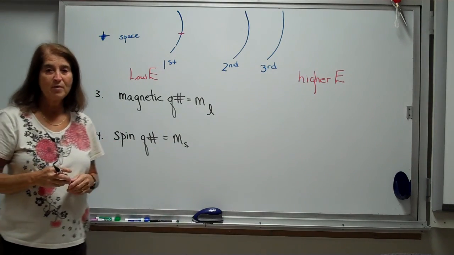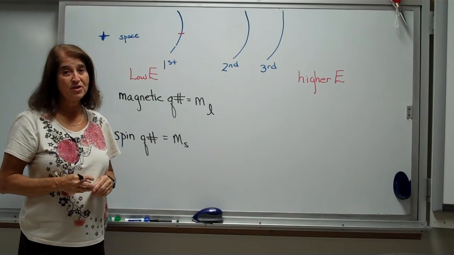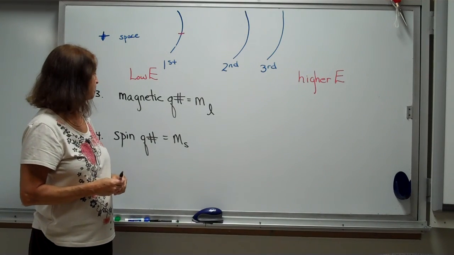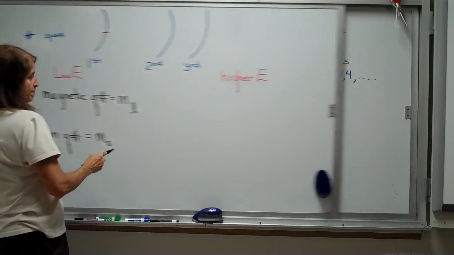The principal quantum number tells us something about distance from the nucleus and the energy associated with that electron. Then, going back,